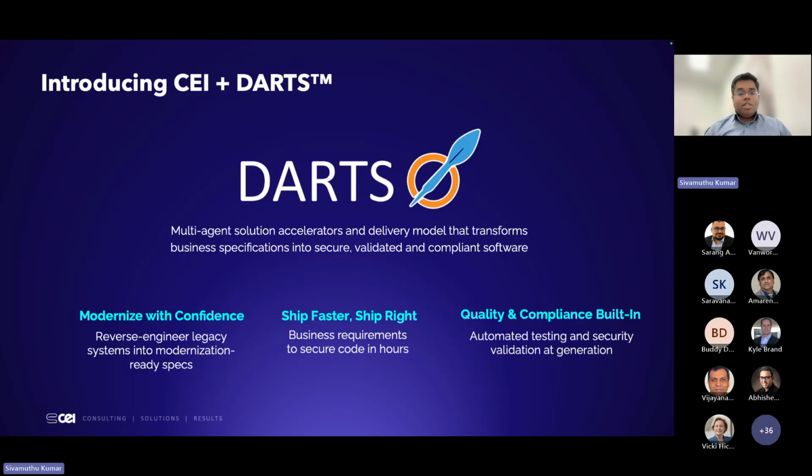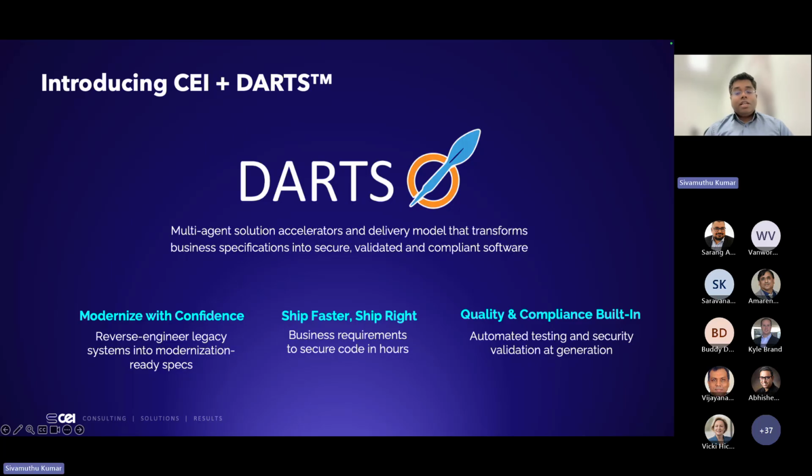Business requirements to secure code in hours, not months or quarters. And then they can modernize the legacy system with confidence. That's where AI agents are really helping to understand the legacy system and to modernize it in a more secure and faster way. And quality and compliance are built in, with automated testing and security validation at the generation of the code itself. So this is more consumable for enterprises.